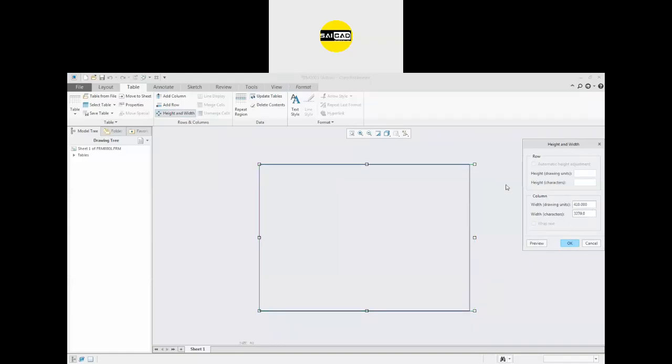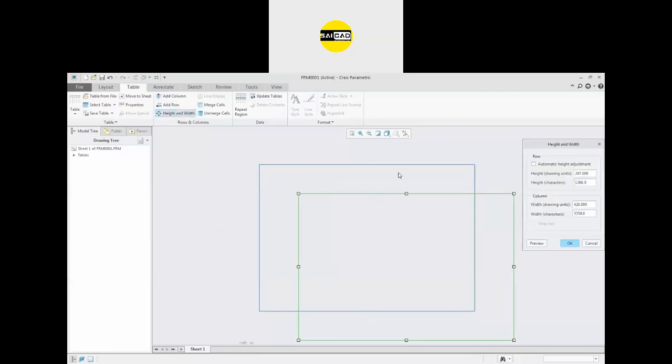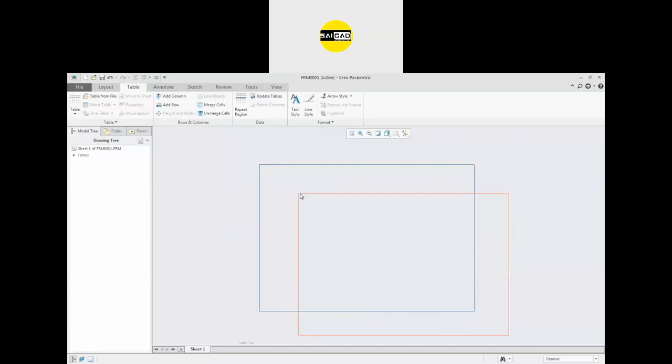Now just have to move it and select the height and width. So instead of 297, I'm going to select 287, and instead of 420, it should be 410. Preview. Okay, now select it and move it like that.